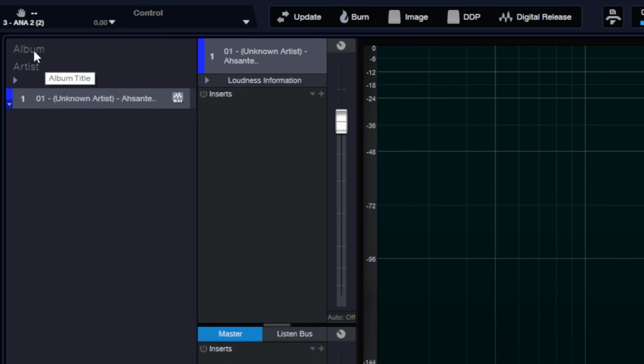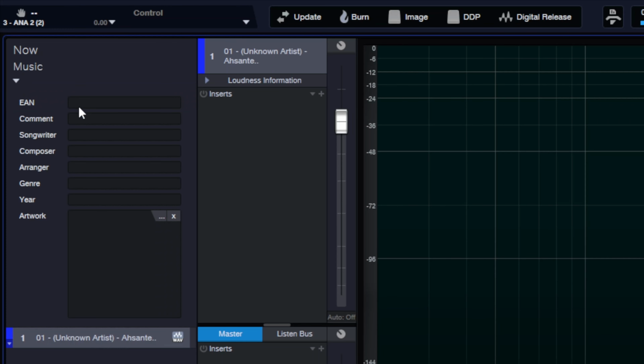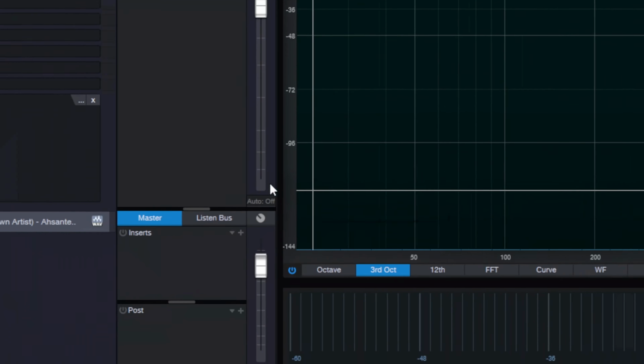At the left corner here, the album, you can rename the name of the album. You can write some other details. You can even add a photo here. Click here, it goes directly to a page where you can